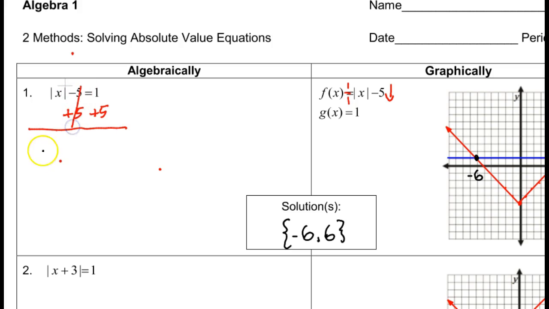5 minus 5 is 0, cancels out. So the left side, we're left with absolute value of x, and the right-hand side is 1 plus 5, which is 6. So we're kind of halfway there. We got one of the answers. So this is the new part, and this is the only new part of all this today. Well, if I know x equals 6, that means you're done. But what happens if absolute value of x equals 6? So what you're going to do,